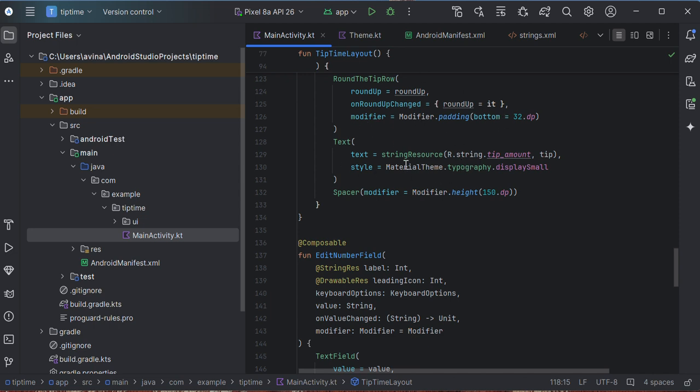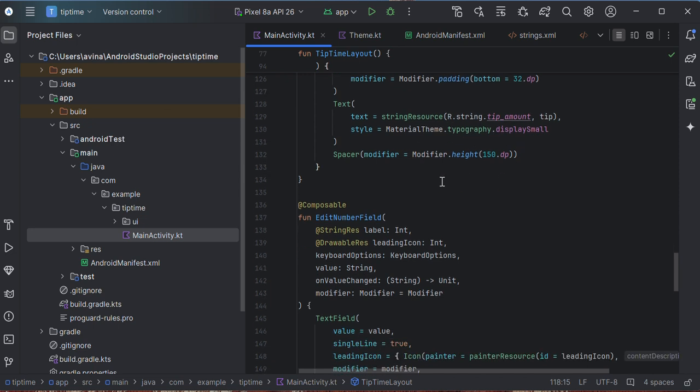Text is equal to string resources dot string tip amount, the amount of tip which is given by the owner, or else the customer who has come to the restaurant for having the food. Style is equal to MaterialTheme dot typography dot displaySmall. In the composable